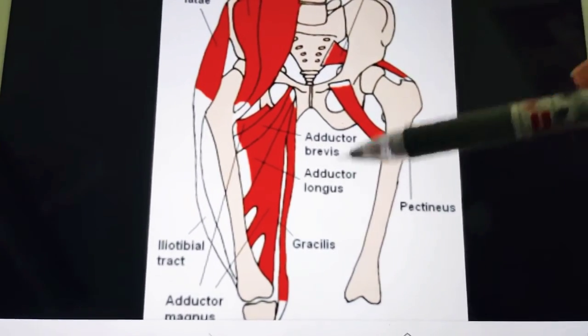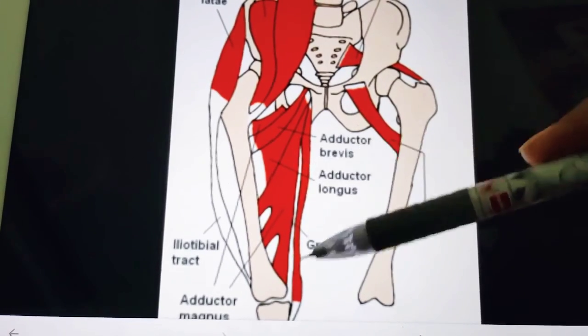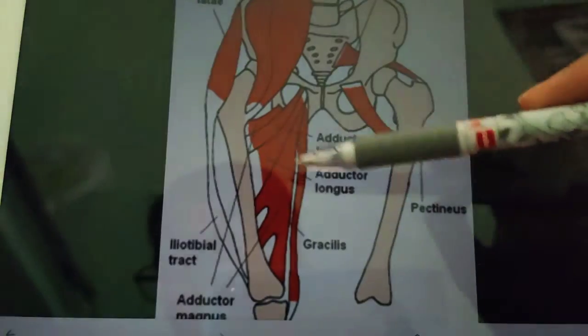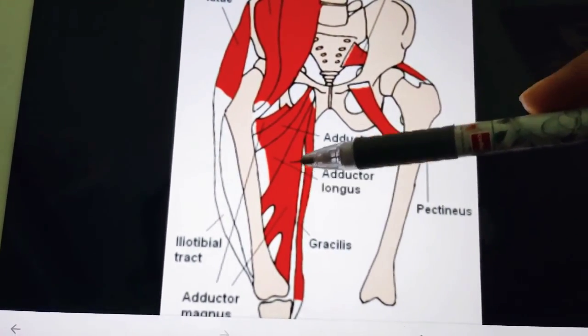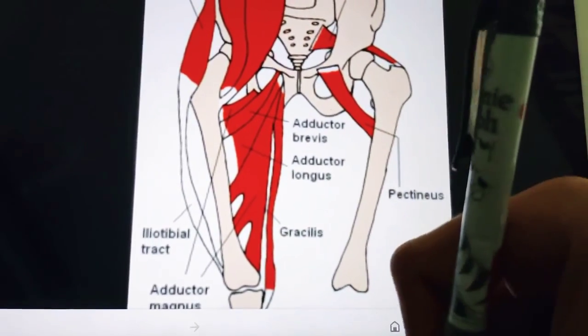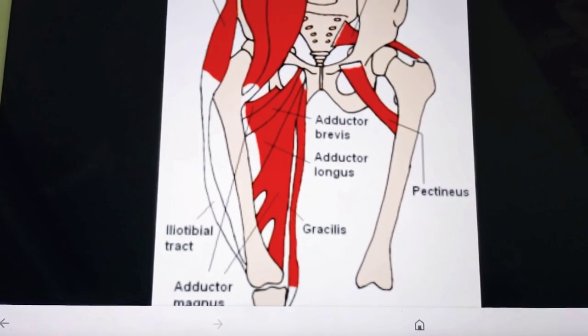Okay, and what are the nerves which you find in this medial compartment? Mainly you will find the obturator nerve and also you may find the accessory obturator nerve. Coming to the arteries, mainly you will see the obturator artery over here and also the medial circumflex femoral artery. So these are all the topics which we are going to cover in the future videos on the medial compartment of the thigh.